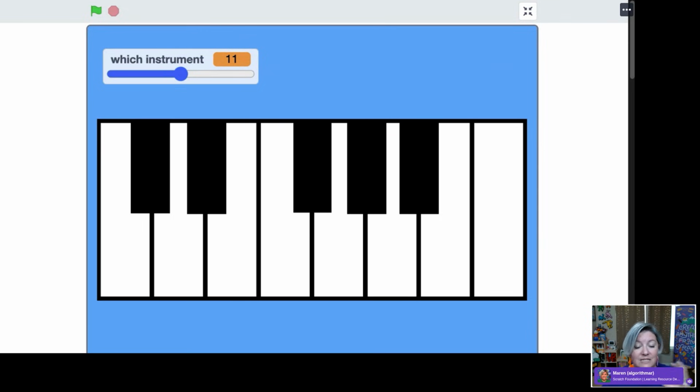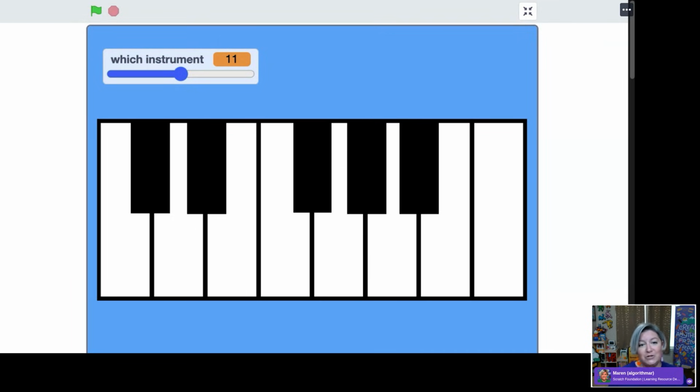By being able to have this slider here where we can change the instrument, we've actually created more of an electronic piano, with all the buttons up top. This project, again, you could manipulate the beats per minute, so you could speed things up. You can try making the sounds different by recording your own sounds.